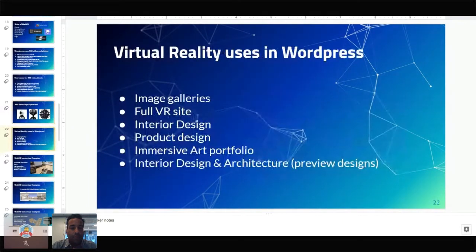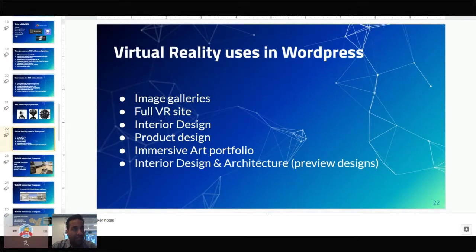So what else can we do with virtual reality in WordPress? Now we're moving into actual virtual reality, when you're deploying an artificial environment through the browser. Think about image galleries. If you have a photography studio and you want an innovative, creative way of presenting your work, rather than just having the classic gallery of pictures, you could create a virtual room where your work is displayed on different walls, and you could walk through this room seeing your art. You could turn an entire website into a virtual reality experience.